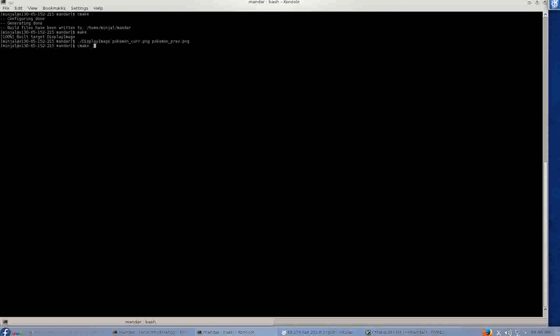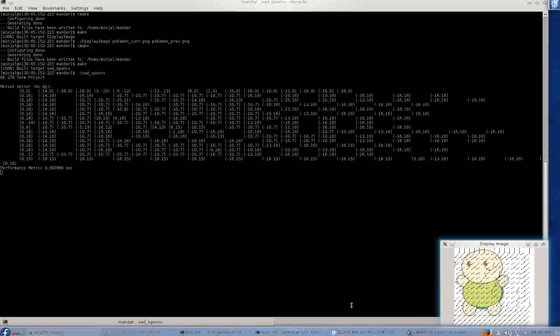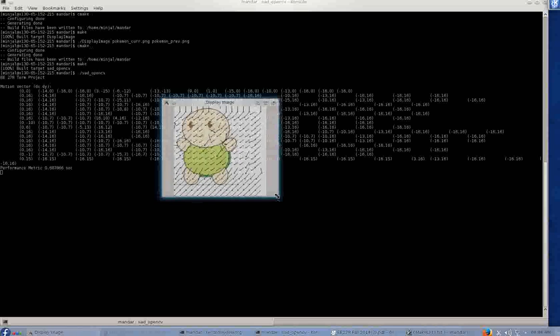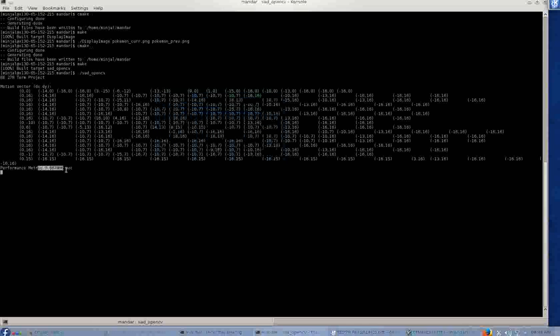So again, build that file and then run the make command. So these are the SAD values that are displayed, all the motion vectors, and you can also see the performance metric over there, that is 0.67687866 seconds, and